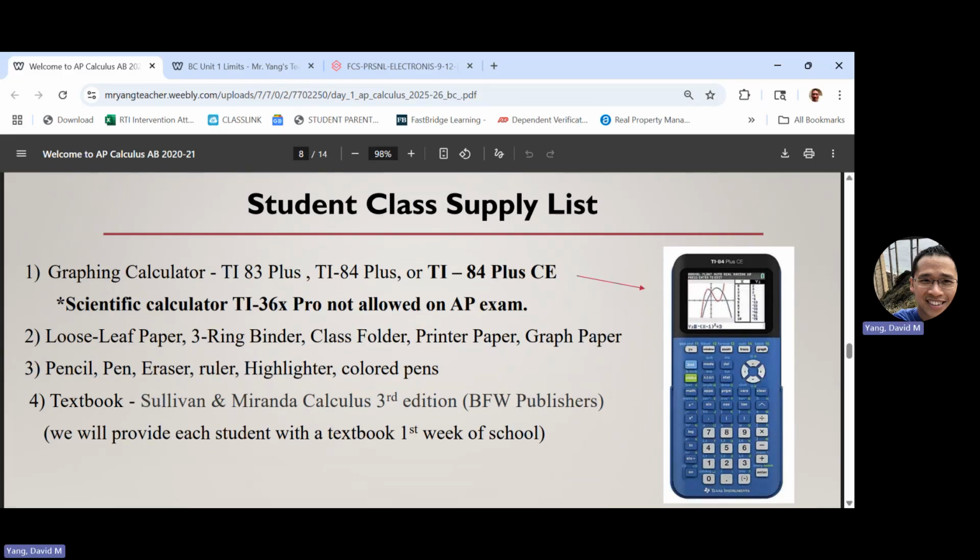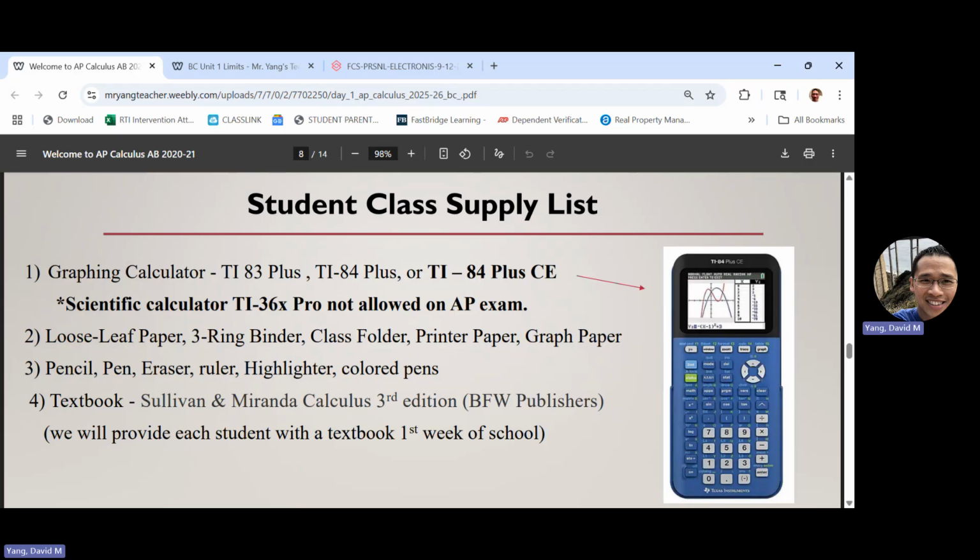Okay, supply list. So a graphing calculator is important. So hopefully you can all get your hands on one variation of the TI-83 or TI-84. It doesn't really matter which one, because maybe there are ones that can do additional things, but there's only a few things that we need to be able to do with our graphing calculator. There's a couple of calculus features, and then there's graphing features. So we should be able to do those two, and all the 83s and 84s can do it.